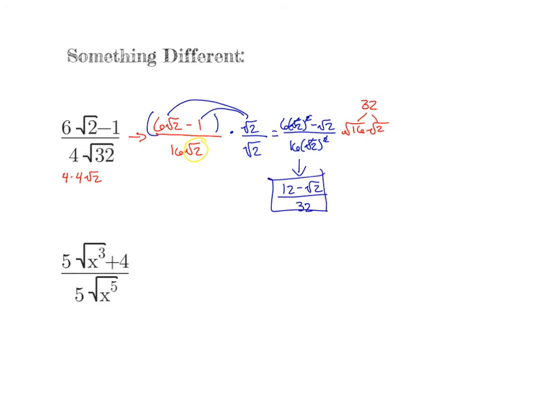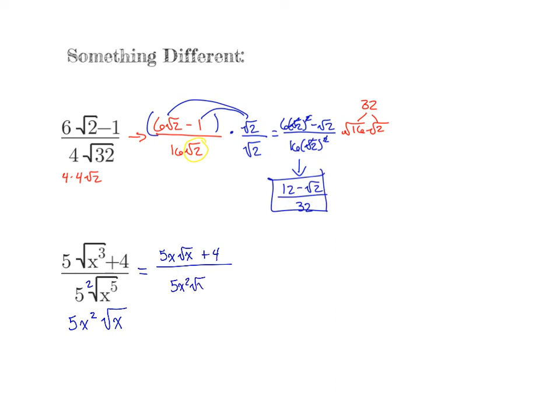Now on this problem, we have x to the 5th. So again, we want to factor this out or rewrite it. So remember, in this case, we divide by the index number. So we've got 5, and 2 goes into 5 2 times. So we have x squared with a remainder of 1. So that's what this denominator simplifies to. So then again, x cubed we can write as 5x times the square root of x plus 4 over 5x